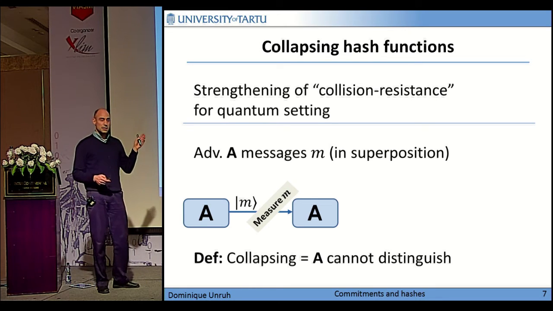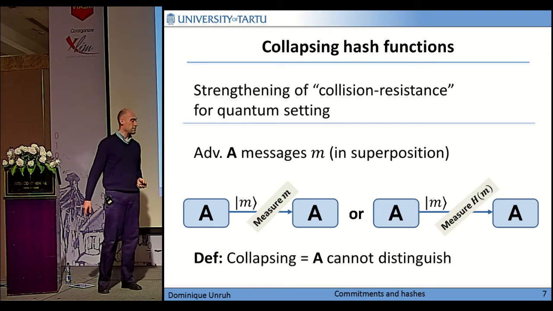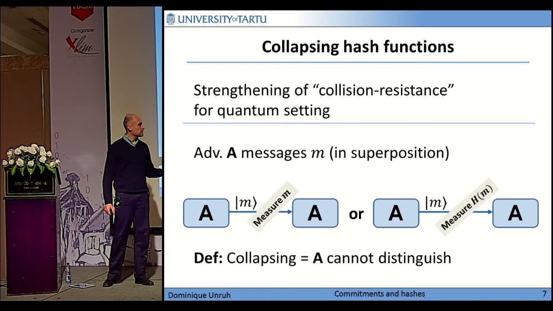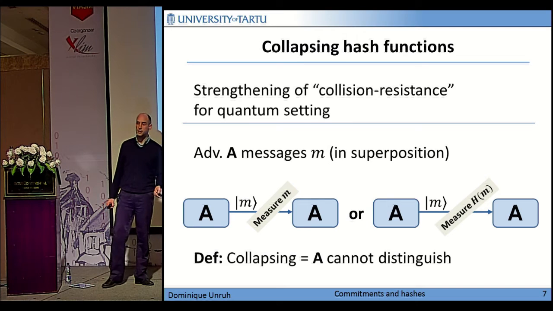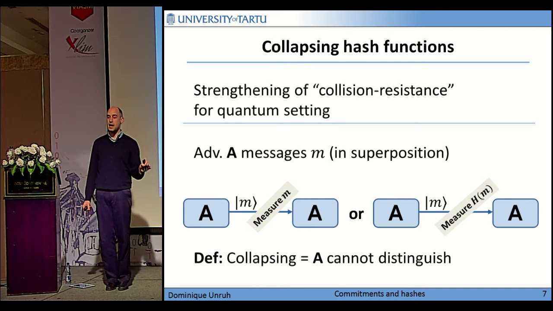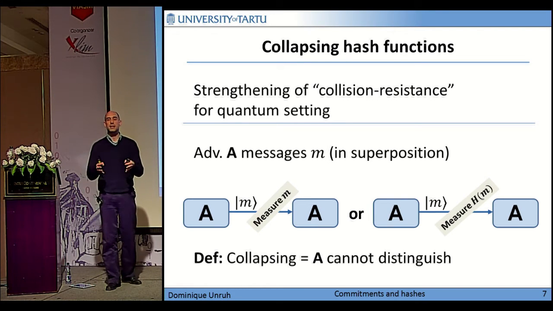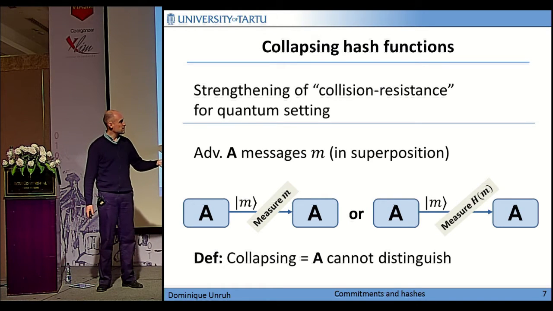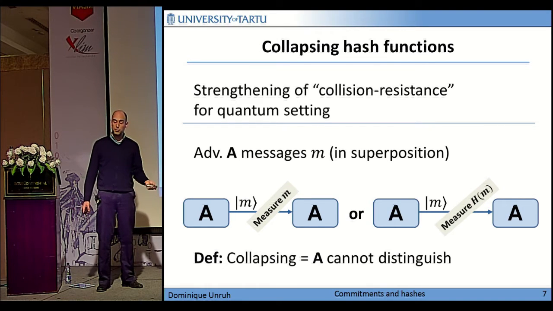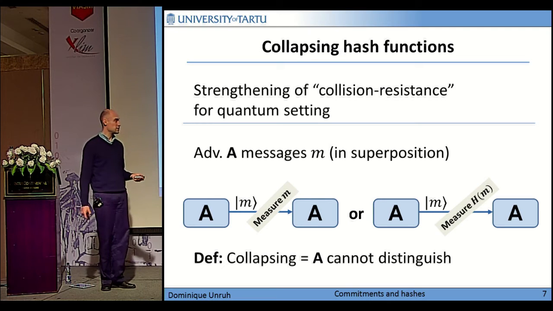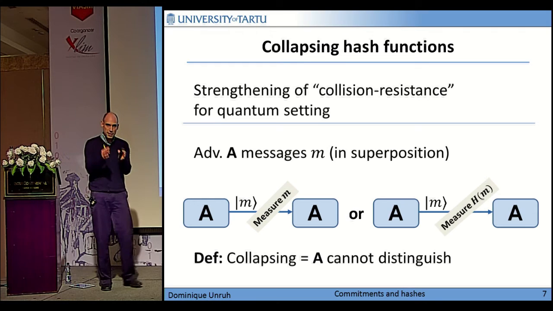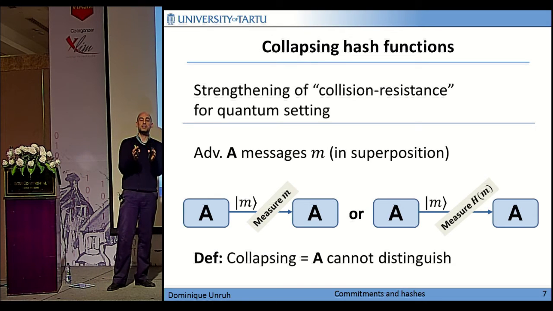And now this we contrast with the second game, where again the adversary produces the superposition of messages, but now instead of measuring which message he sends, we only measure the hash of the message. So we perform a measurement that takes less information about the quantum state. And that means that whatever the adversary gets back will be a superposition of potentially several messages that all have the same hash that we have measured, because we have narrowed the superposition down to all messages that have the same hash.